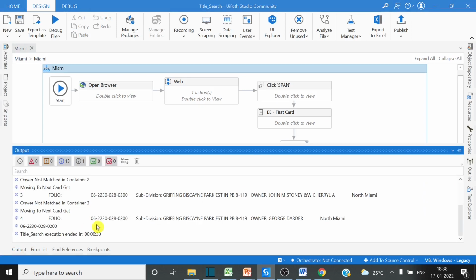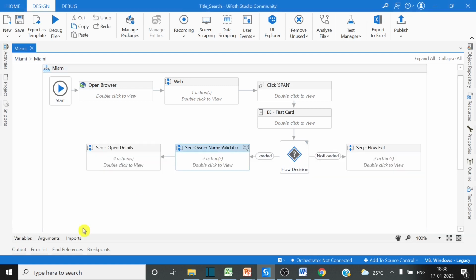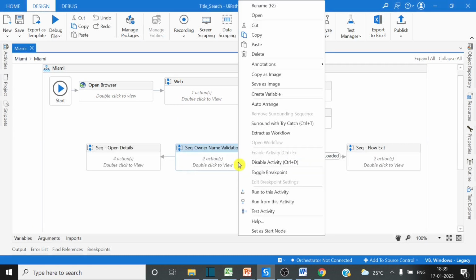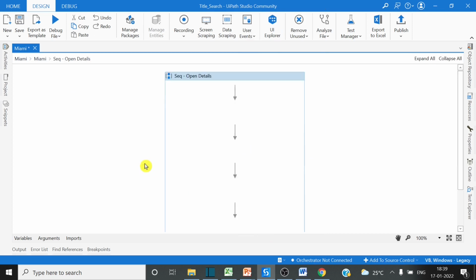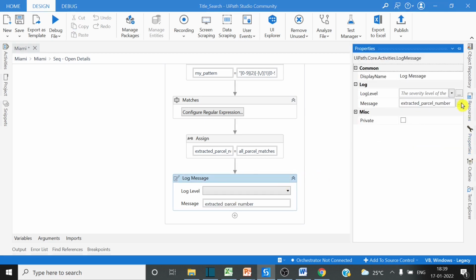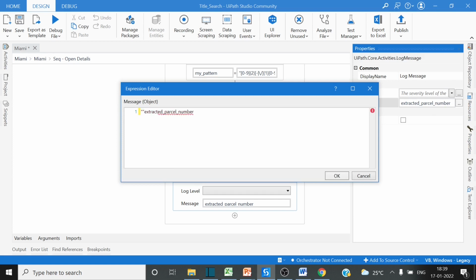So this is the output result from this flow. Multiple things, and now in the end you have this parcel number available. You see this parcel number, this is the end result. Now if you want to test it once again, you can just set this as a start node, and in this log file let me do little changes. I will open this in the editor so that you can see it properly. I will add plus, double quotes two times and